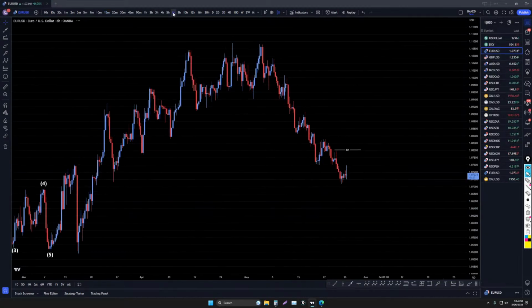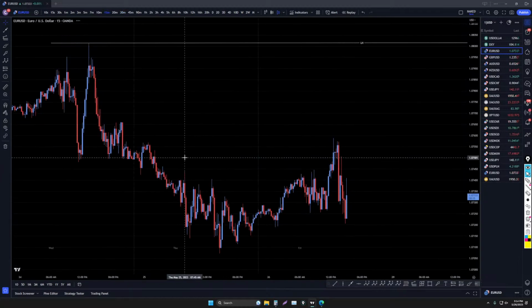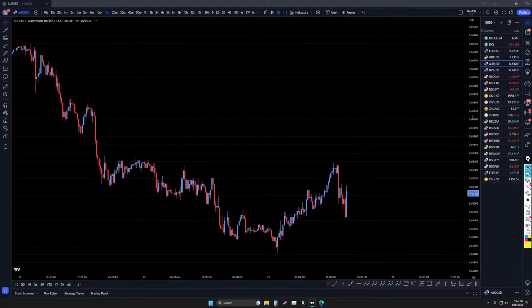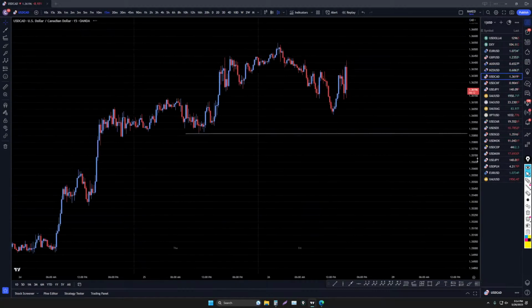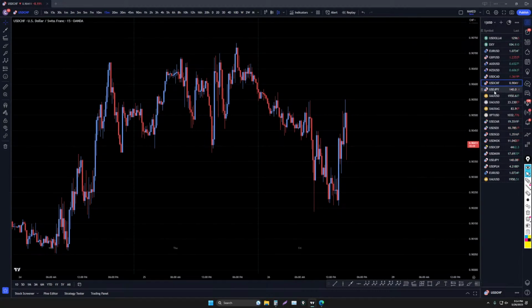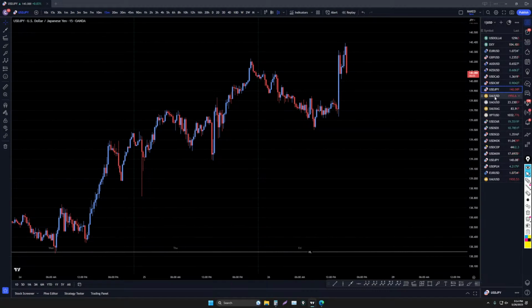Yo, dollar. Ooh, that kind of looks like 3 waves too, honestly. I may have to get out of my trade here in a minute because I don't want to experience another loser today. That definitely looks like 3 waves down, and it broke structure and then almost instantly rejected it, so that may be a clue that it's going up. Pound dollar doesn't really look quite so. Oh, the Aussie dollar definitely looks like that too. US dollar Canadian, look at that, it's 3 waves up. Yeah. It's not looking too good for the dollar going up anymore.